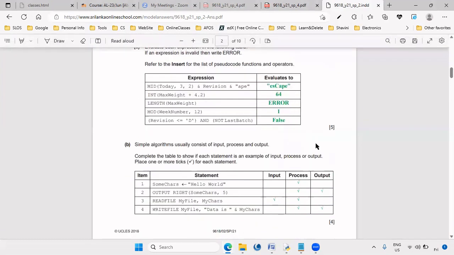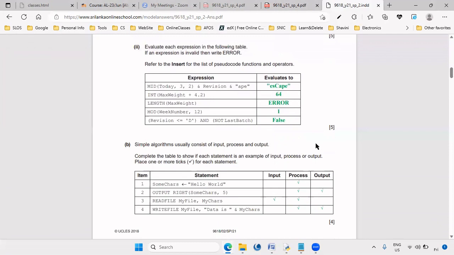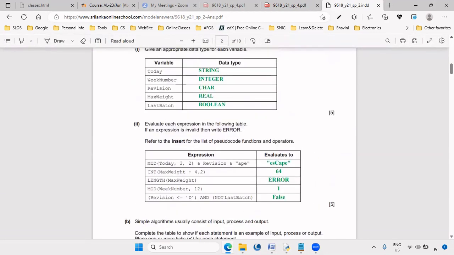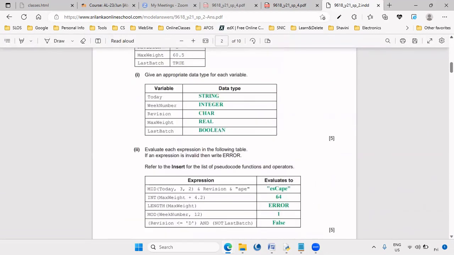Evaluate each expression in the following table. If an expression is invalid, then write error. Refer to the insert for the list of pseudocode functions and operators. We can make use of the insert for the functions. So the very first one is